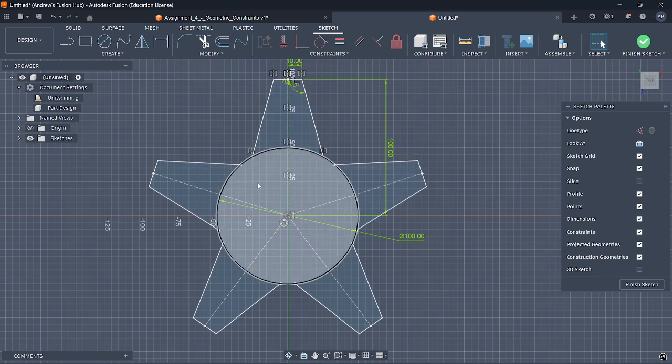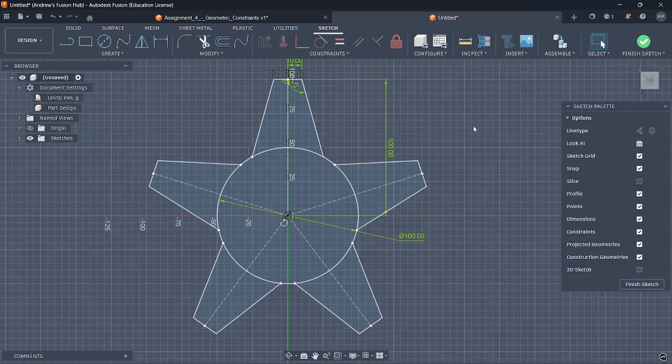So now that we have this, I'm going to go and extrude it. Before I do that, I'm just going to undo these construction lines just to show you what happens if you don't make things construction. So these are all solid now, and you can see as I highlight my mouse over it, there's a bunch of individual sections that I can choose from. And when I want to extrude that, that means I need to click on every single one of these to specify what I want extruded. But if I was to make these construction,